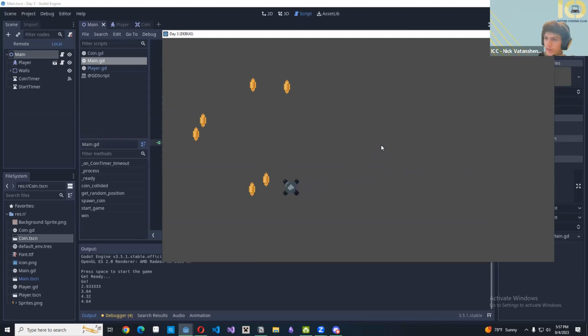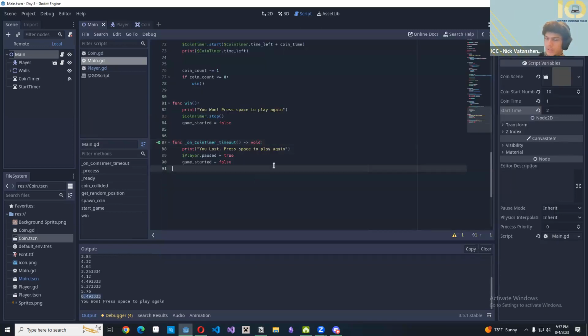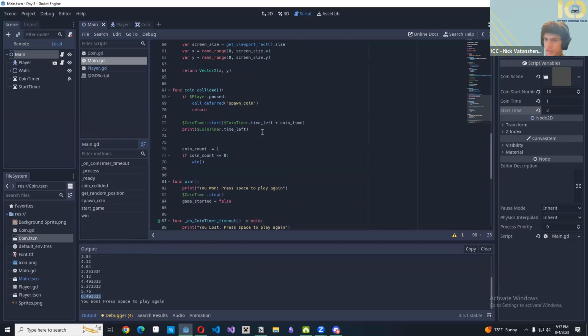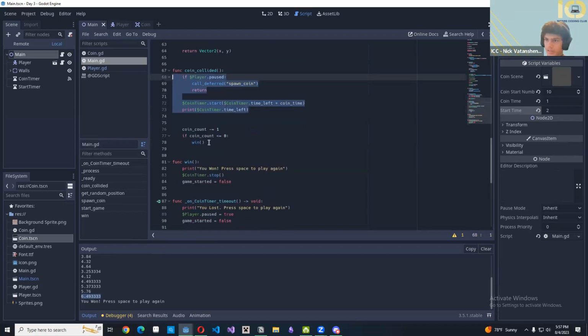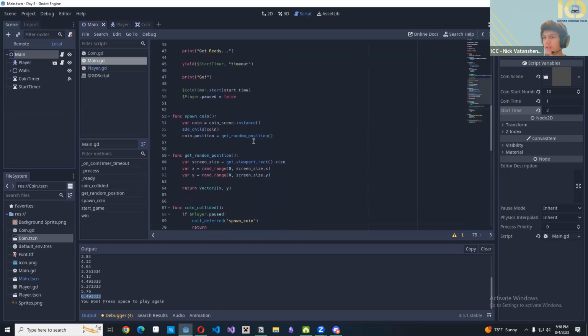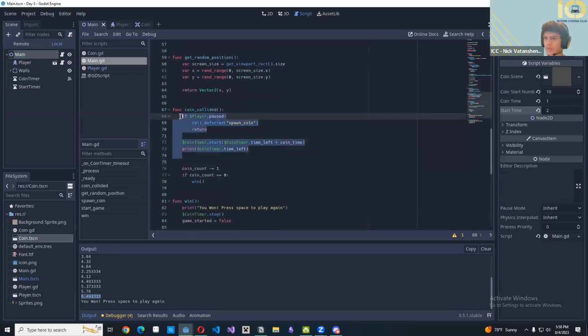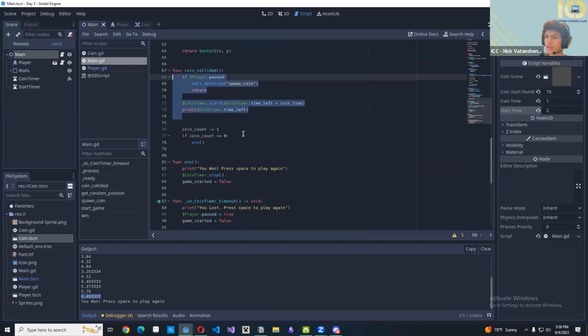And you'll see that whenever we touch a coin, it's gonna tell us how much time is left. So that was something that I didn't explain in this code. But whenever this coin collided function is called, we are printing the time left, the current coin time left, and we're also increasing that time. So there's also this code that we added to make sure that we're,